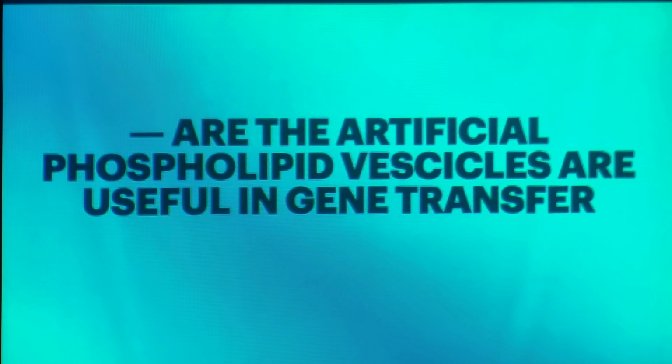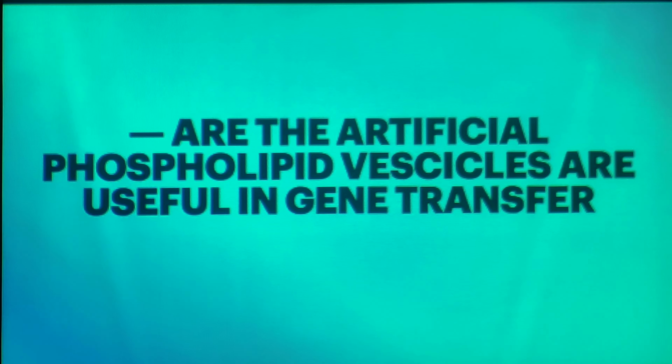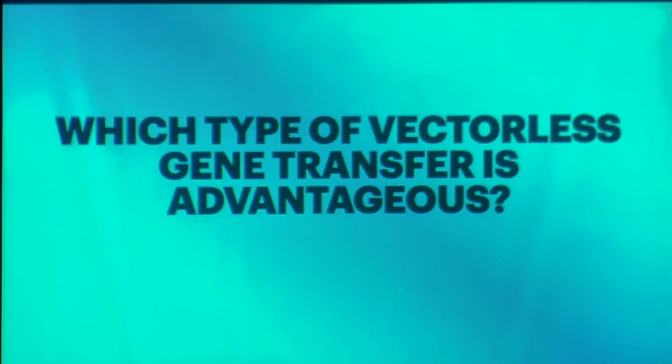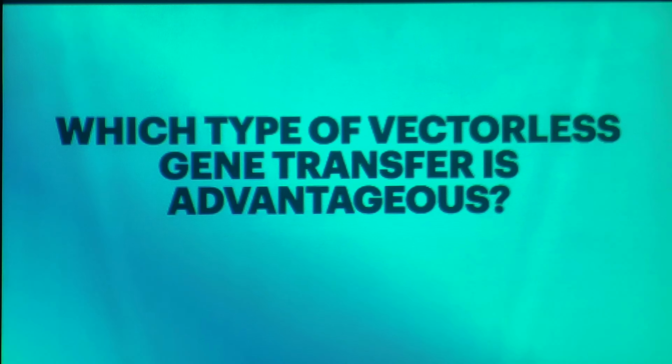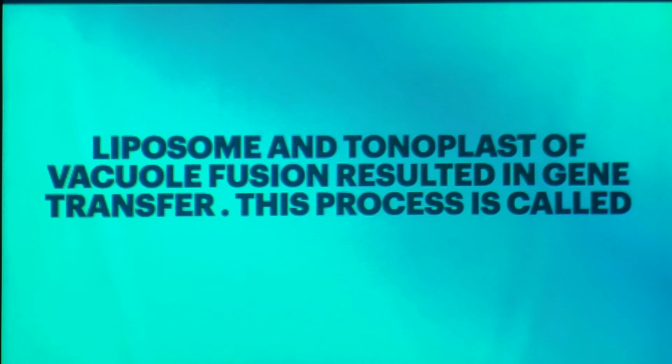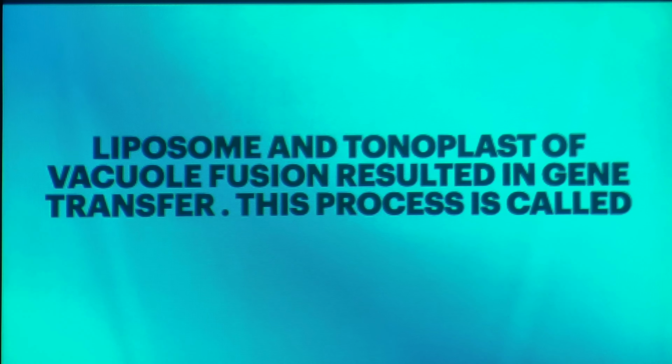Electroporation. Dash or the artificial phospholipid vesicles are useful in gene transfer. Liposomes. Which type of vectorless gene transfer is advantageous? Liposome mediated gene transfer. Liposome and tonoplast of vacuole fusion resulted in gene transfer. This process is called